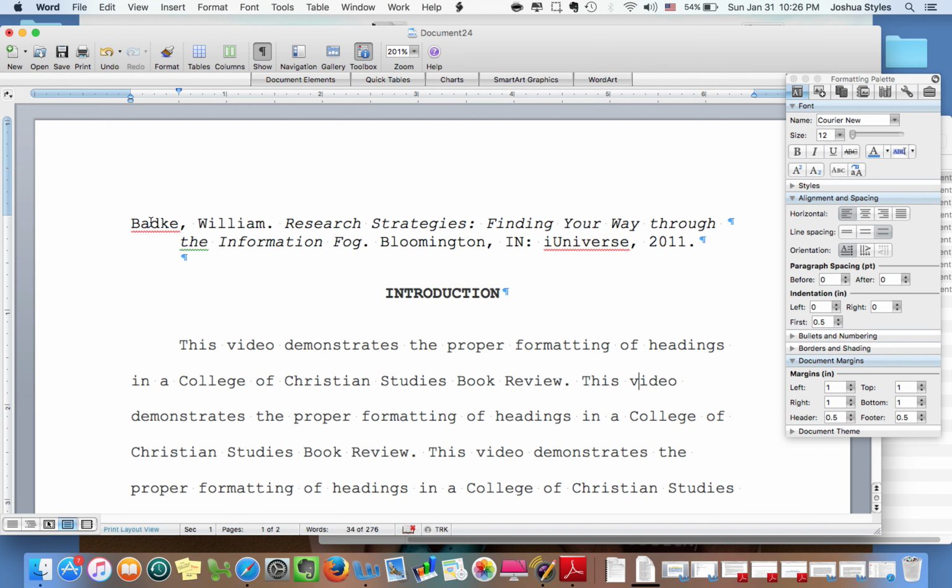But you'll notice that we have this citation at the top of the book review. This is explained in the manual. This is also shown in the example paper. But you'll notice here that we are at a 1-inch margin. And being the first page of a major part of a paper, we need to adjust this to 2 inches. And the way we're going to do this,